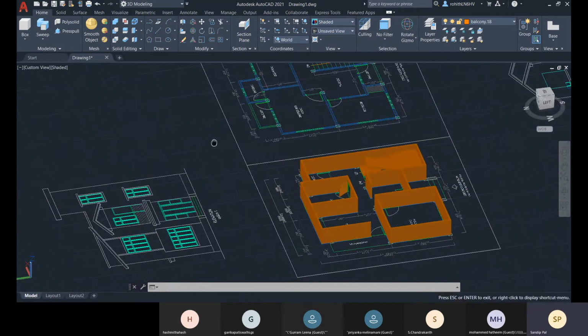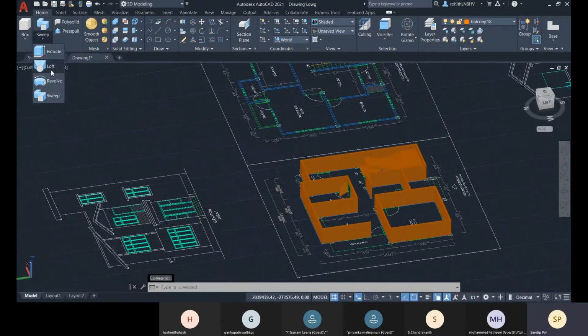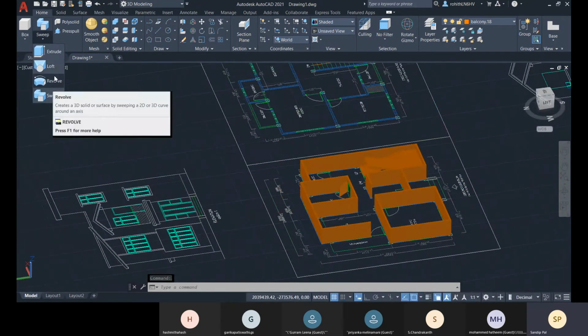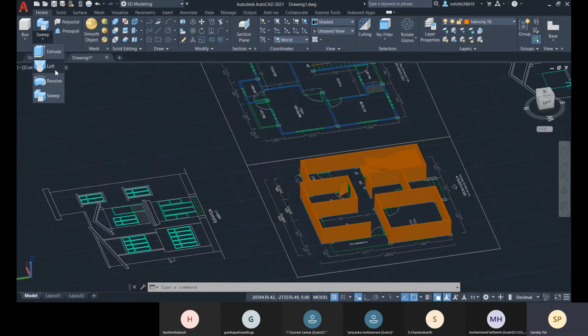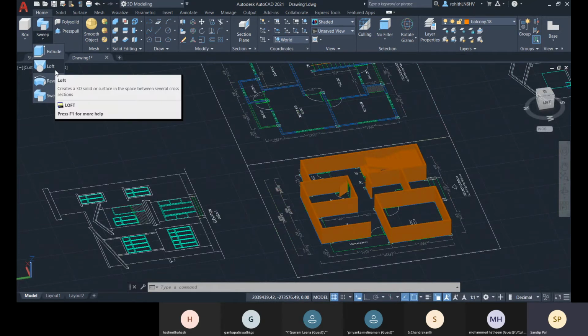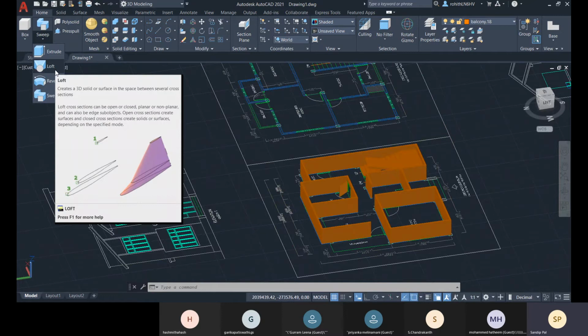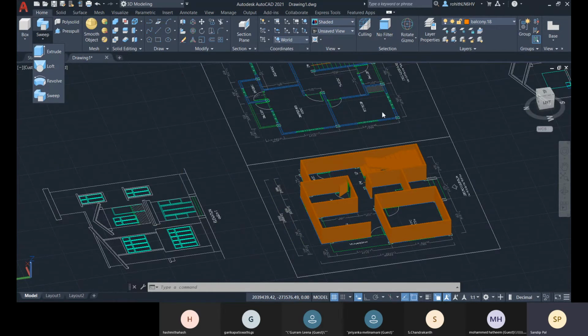About the loft and revolve, this is very easy. With loft, you create profiles in the Z direction or in any direction. It will just connect all those 2D profiles to convert them to 3D by providing the volume. So let me just show you.